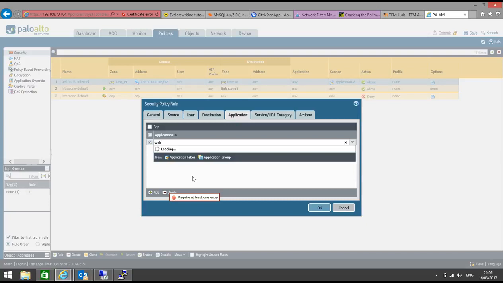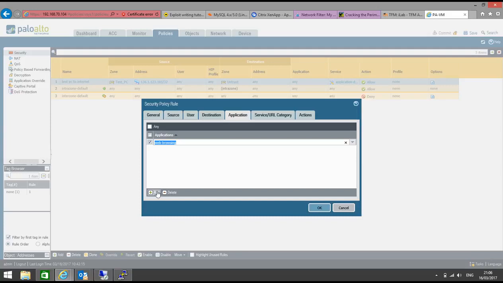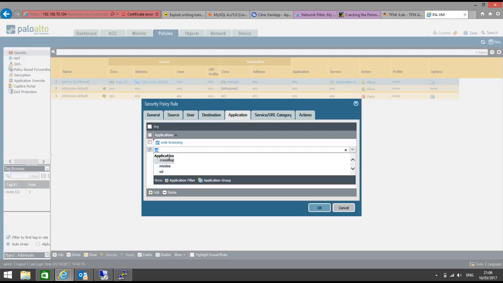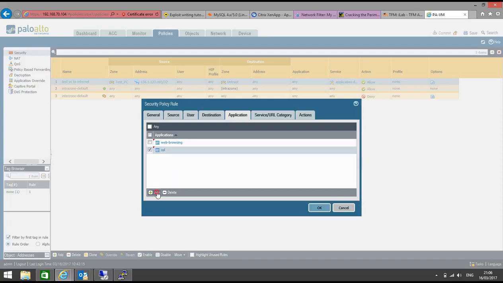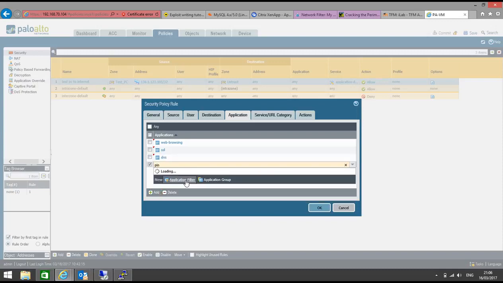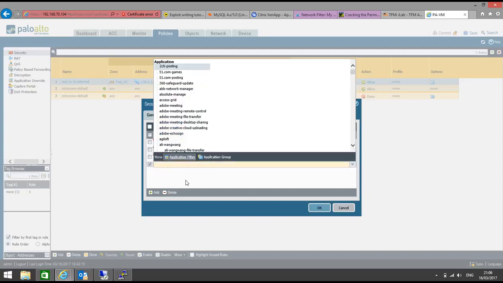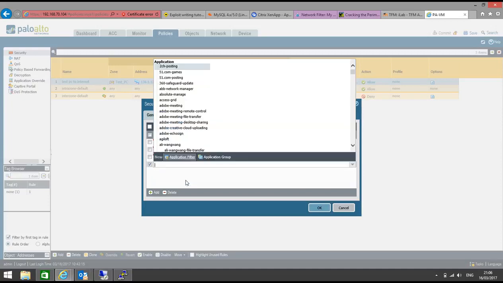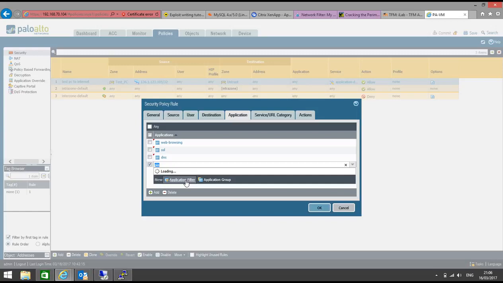but we need to specify specific applications here. One is web-browsing, second is SSL, then I need DNS for the name to IP resolution, and for basic connectivity testing I need ping as well, so we will allow ping too. Let me correct this, ping. Some issue, let me search it again, ping. Okay, click on OK